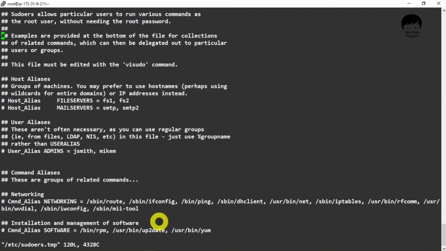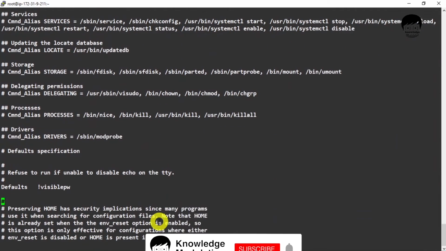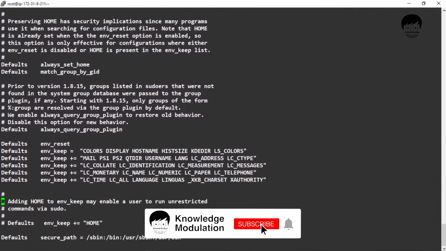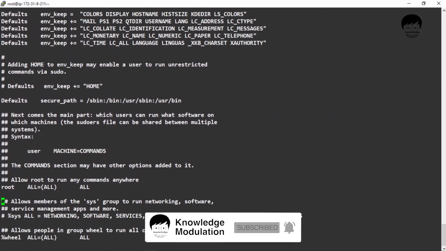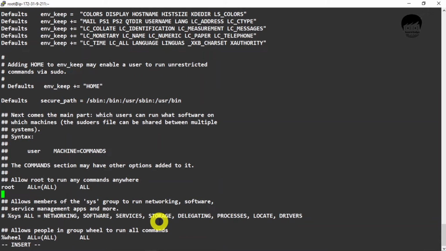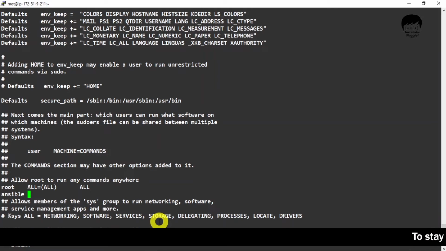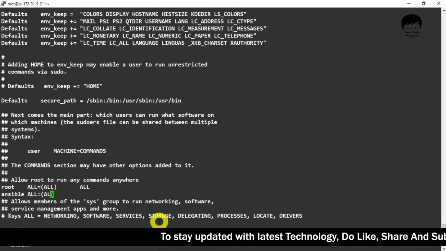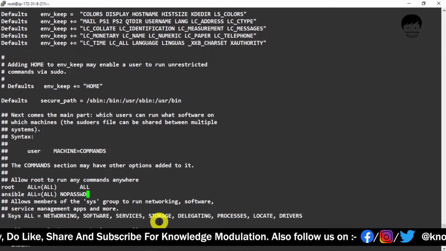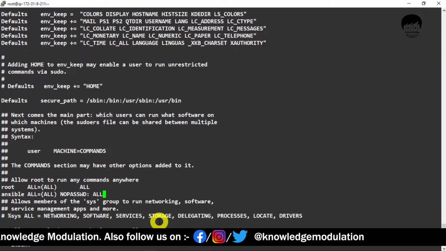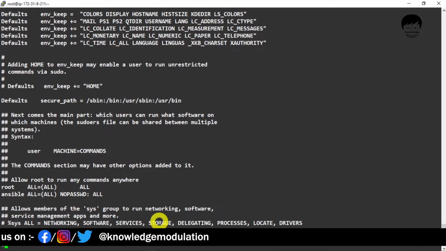Okay, I will add my user ansible again on node 1. I think this is node 2. No worries, we can add it. Ansible ALL=(ALL) NOPASSWD: ALL. Okay, I will save this as well.